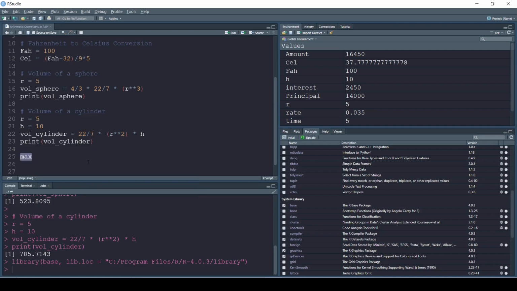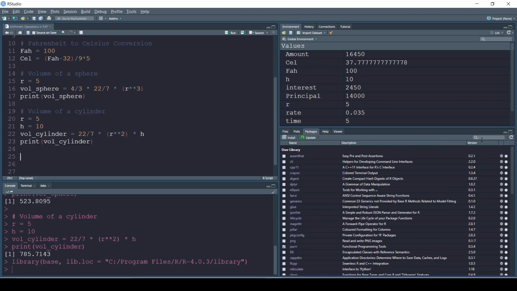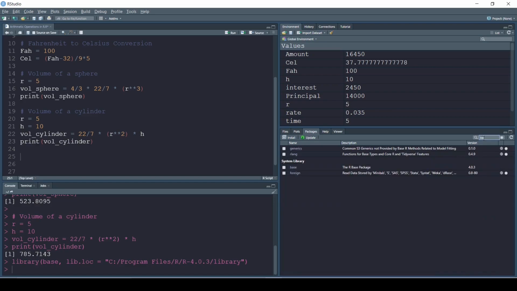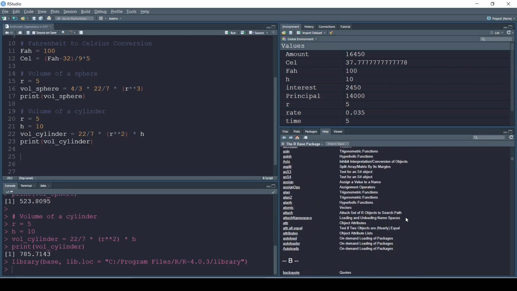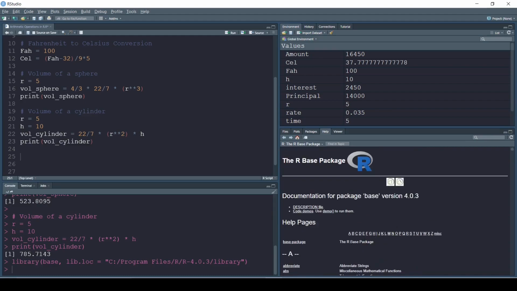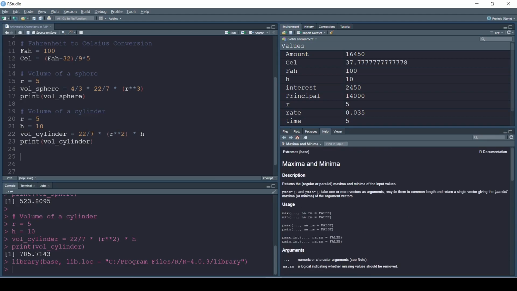All right, so how do we see this? If I go to Packages here, instead of searching quite a bit, I can also type that particular package name here, base. So here it is. Now if you click on base, this base package has quite a few functions. If we keep scrolling, there are quite a few of them, all arranged in a particular order. If I click on M and go down, we have this max function here, maxima and minima. If I click on max, I can use this function to calculate the maximum of a set of numbers. So that is the benefit of having this function called max.